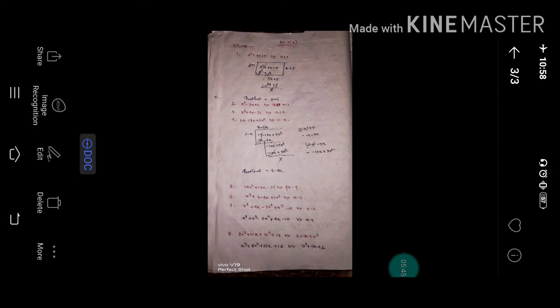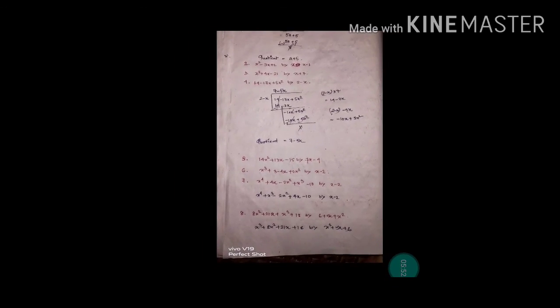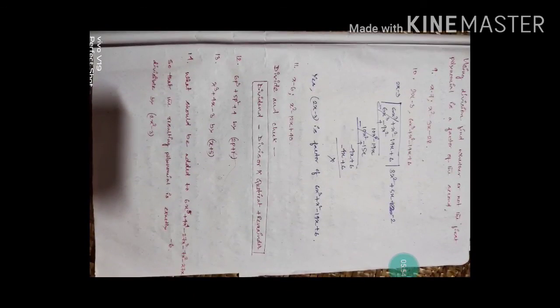So the way you arrange your dividend, the same way it should be arranged for the divisor. Then after that you have to proceed with the division process. Okay,